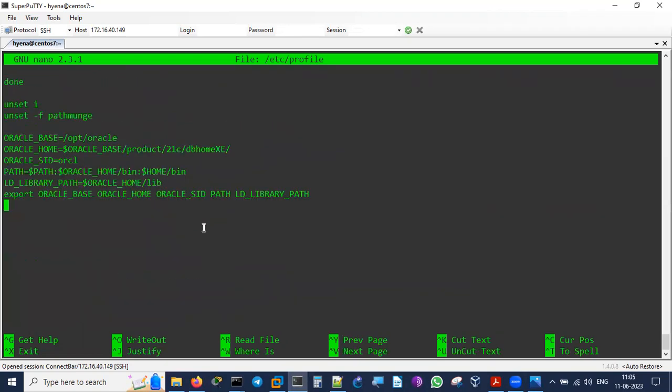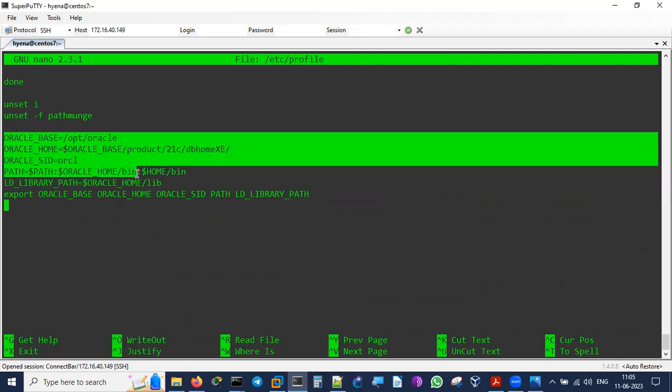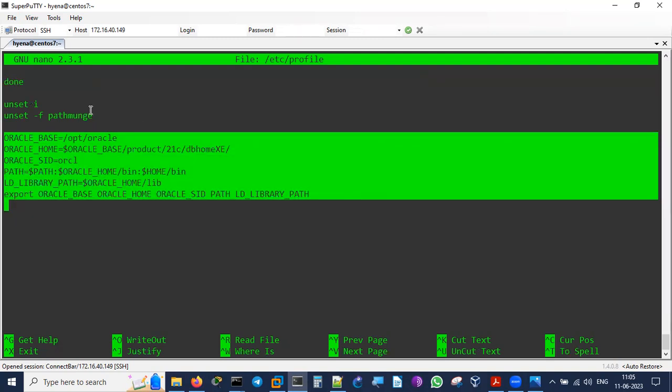Let me go until the last. So the last 5 or 6 lines, we need to add in Linux. Until this much, it has already been there. This is a default file. Better you take the backup of this file, then start editing it, or otherwise it will create a lot